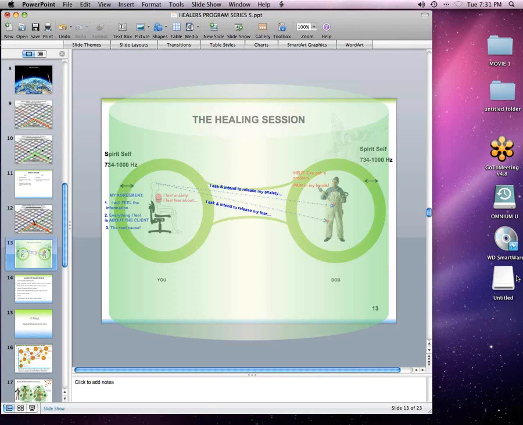I am choosing to let go of this belief system once and for all,